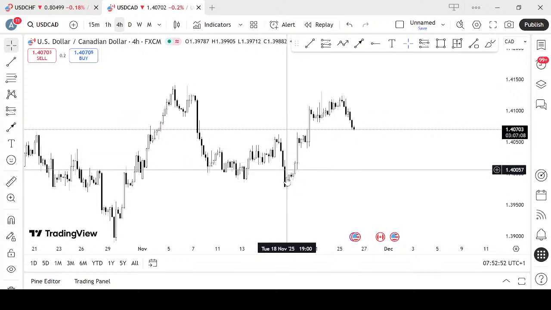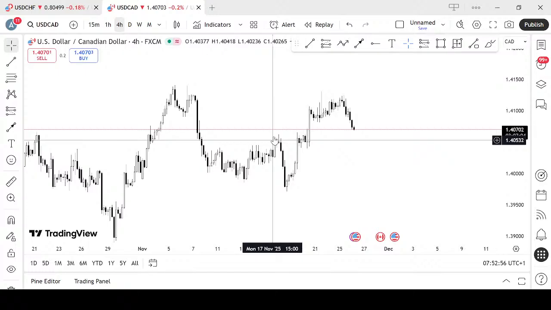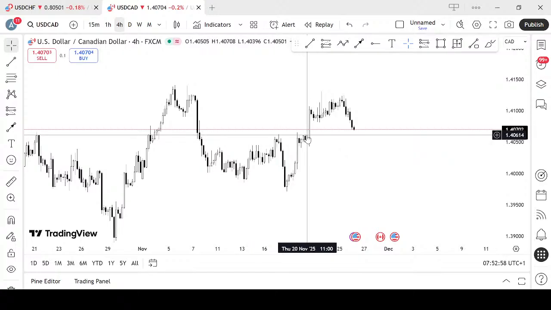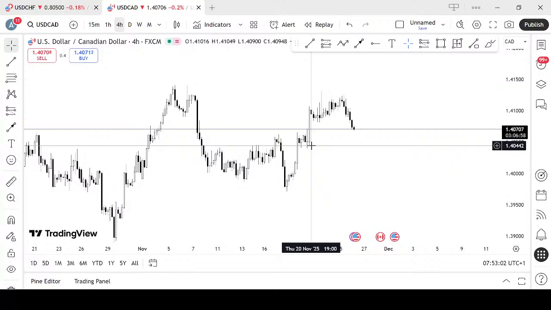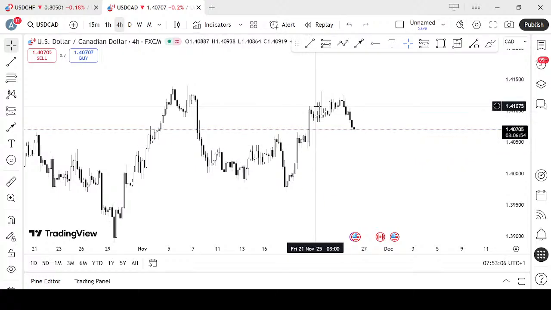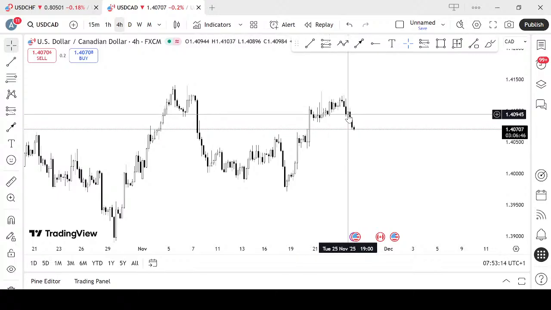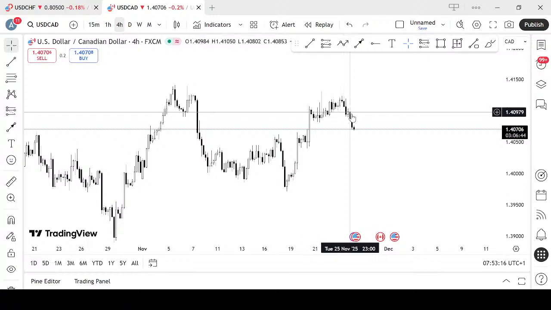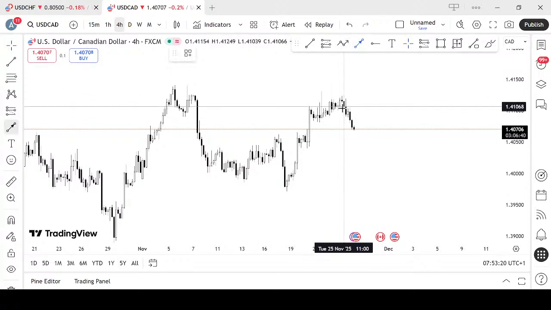Then we took out this previous low again to form a new lower low, and this high was taken out here. That's the break of structure to the upside, powered by this low. This new higher high also was taken out here to form a new high, and that move started from this low here. So this low has been taken out again to form a new lower low, and this,